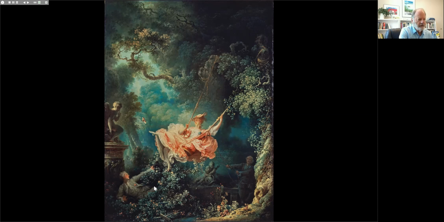You'll notice that the landscape setting looks like maybe the Amazon jungle. It's much more abundant and profuse than one would see anywhere in France. There's hardly a straight line in the entire painting. It's all curvilinear shapes that reiterate, that repeat throughout the landscape, the cloud-like shape of the woman's dress. There are a few straight lines in the swing, the ropes of the swing, and the pedestal here, but that's about it.